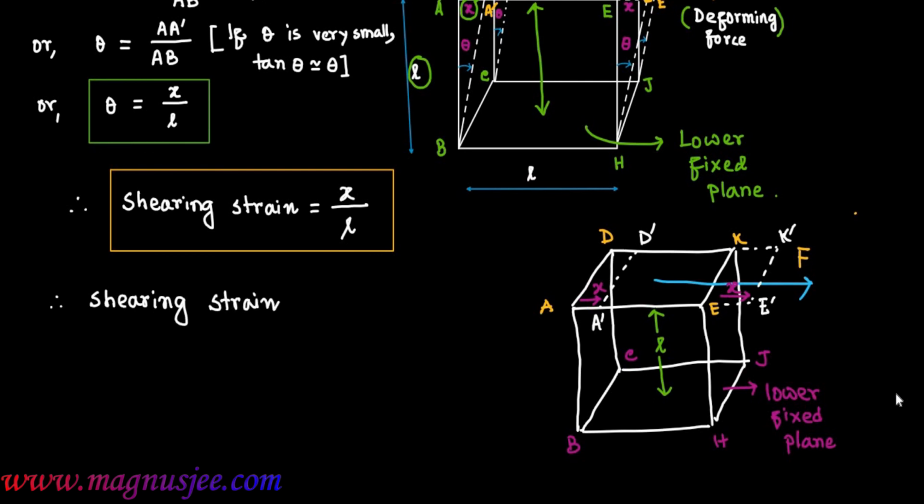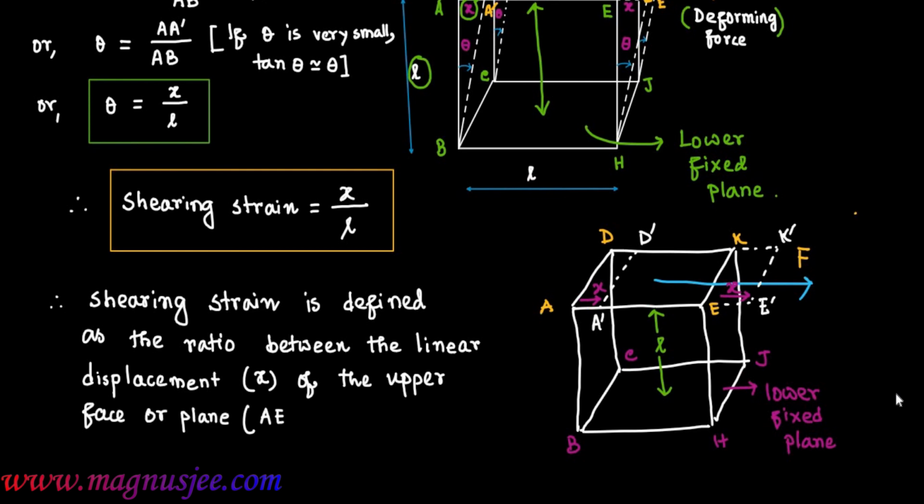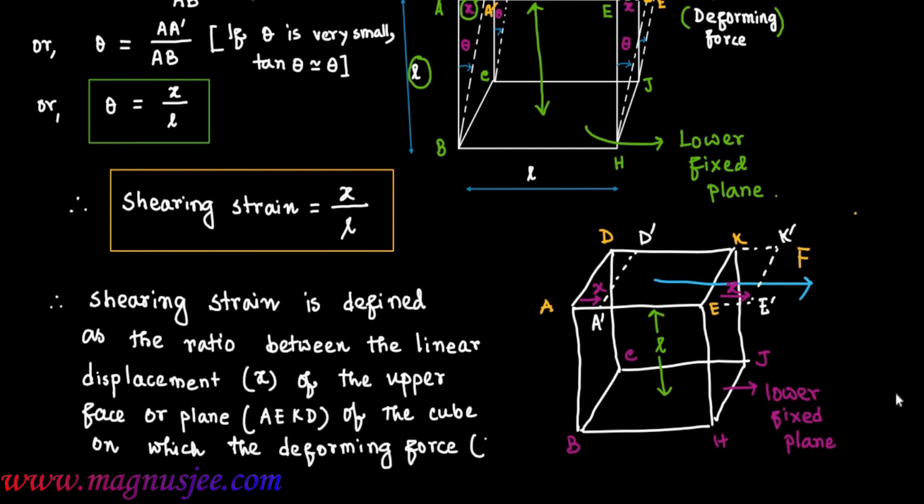Therefore, shearing strain is defined as the ratio between the linear displacement x of the upper face or plane AEKD of the cube, the linear displacement of the upper face or plane of the cube on which the deforming force F is applied tangentially,